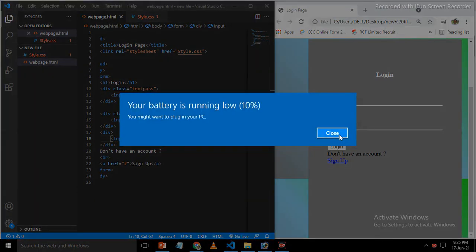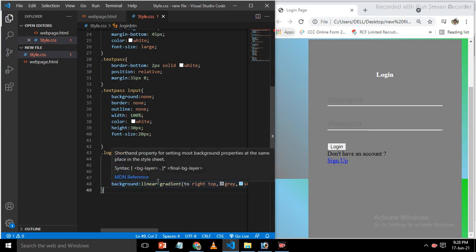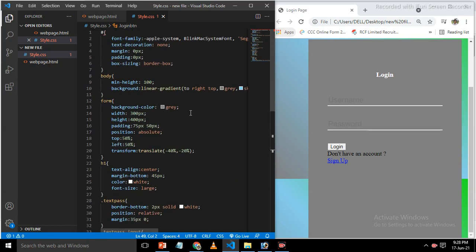Now we apply some changes in the login button. Here we put height 45 pixel, width 100%, border none, outline none, and the background color is the same one which we put in the body of our web page. This one, body background color.